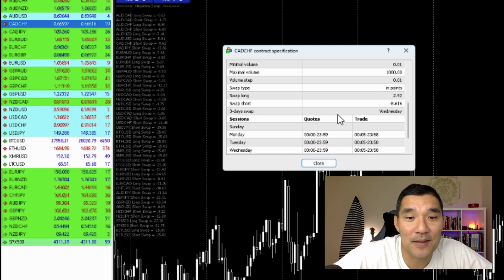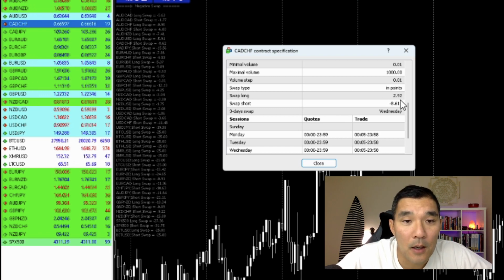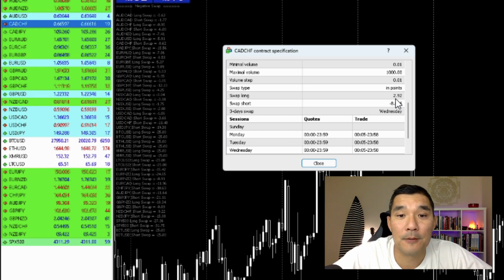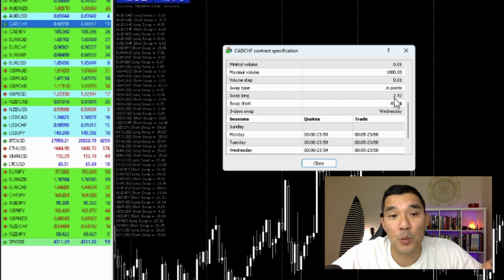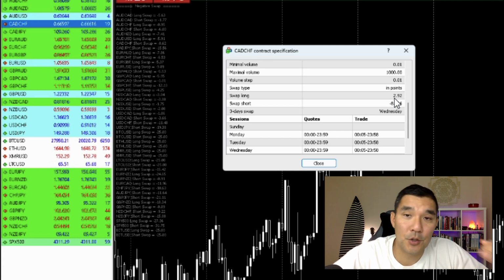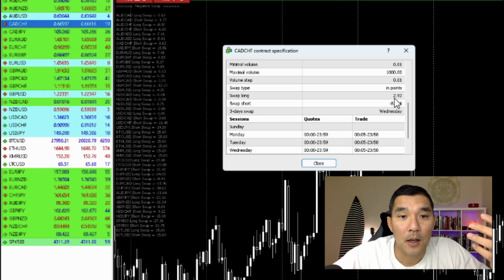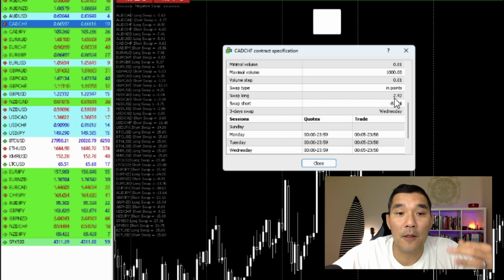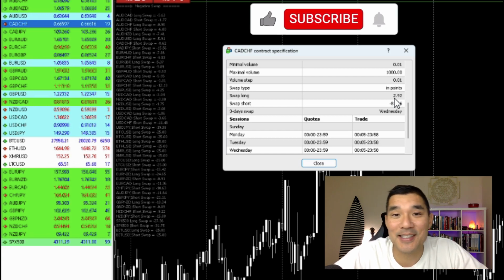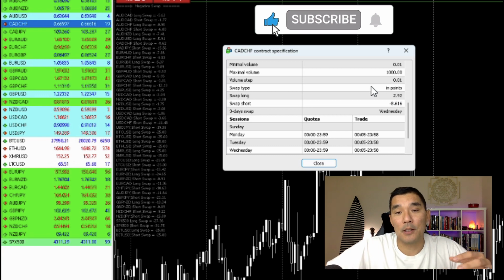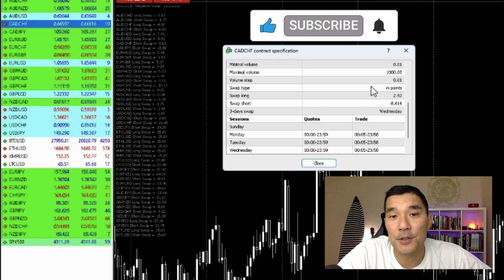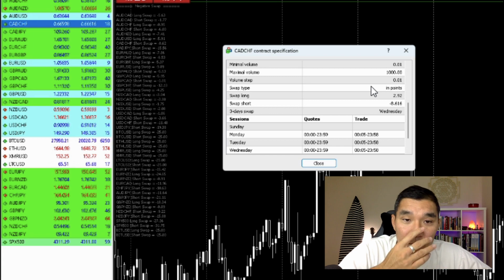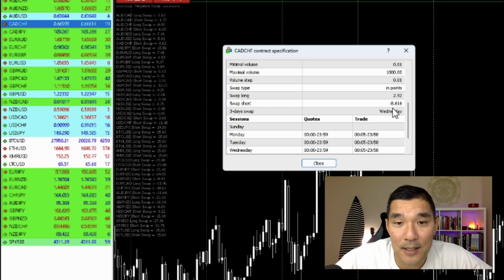Okay, so I'm looking at the CAD Swiss. So you want to look first for positive swap currency pairs, because those positions will pay you interest every day and triple on Wednesday. So if you can get into those positions on that side, or get into that market on that side, you have a little better chance because you're accumulating positive interest instead of paying negative interest every day. So in this case, for the CAD Swiss, the long is positive at 2.92 and the short is negative at